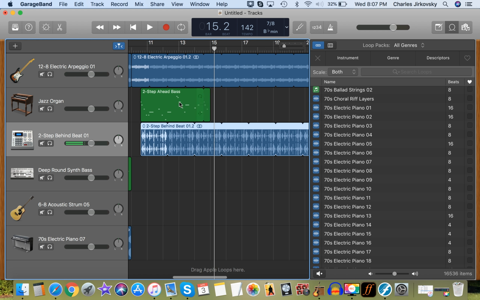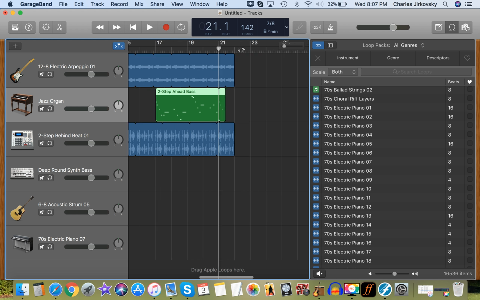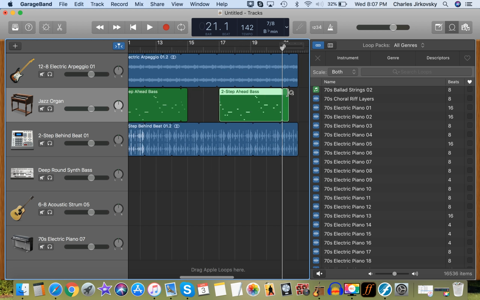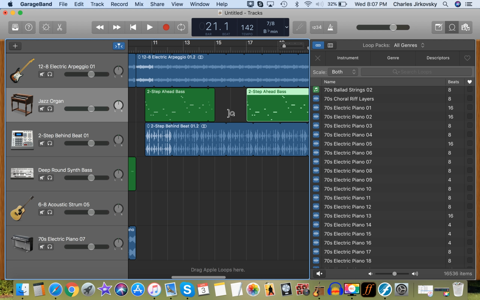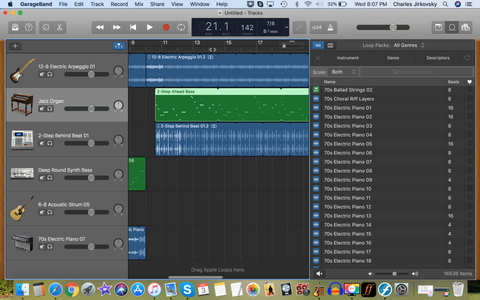Well, there are a few ways you could do it. One would be to click and then Command C to copy that, and then drag the playhead to wherever you want the bass to come back in. Paste it that way, so now you have this section that doesn't have bass and it comes back in. Another way to do it would be to just drag the bass throughout the whole section where you want it, and then drag the playhead